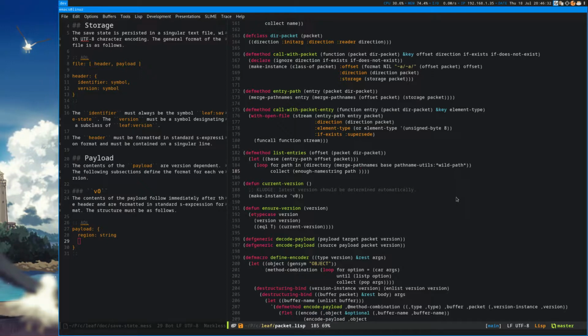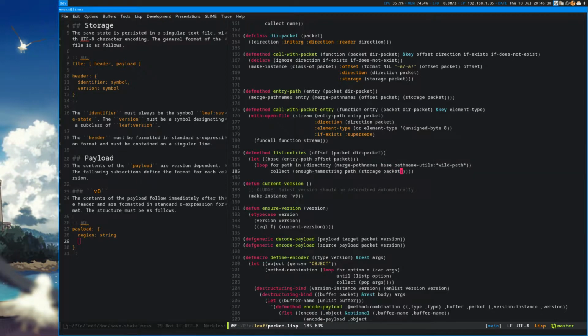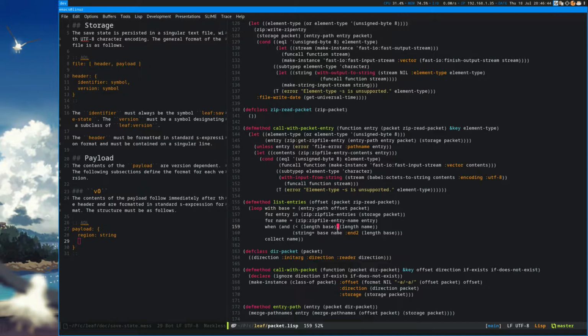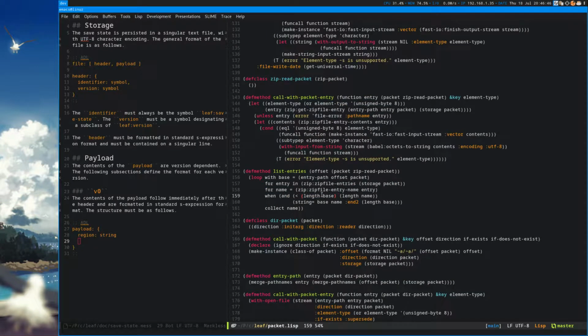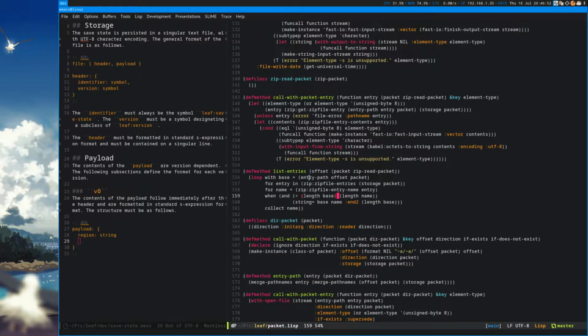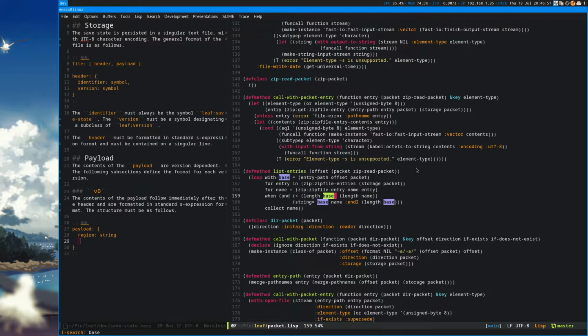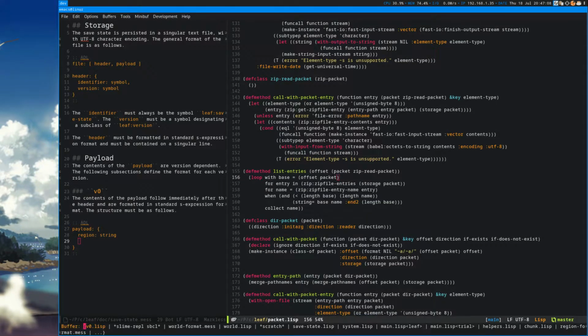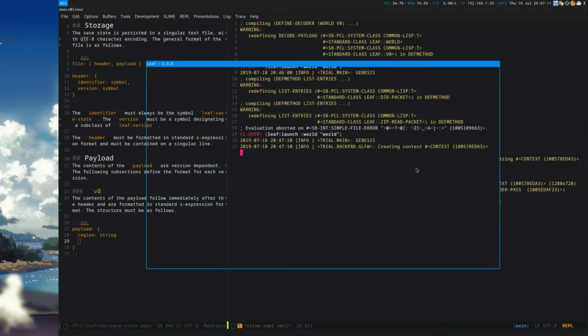That should be... that. Was it wrong for the zip packet as well? That's better.